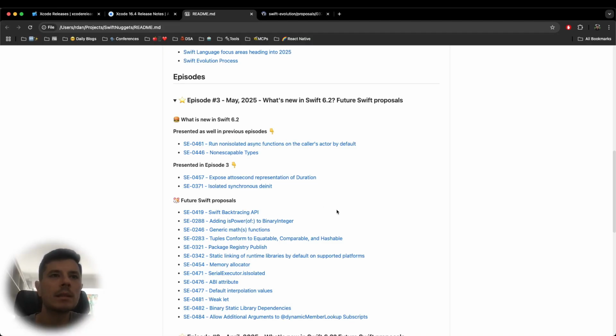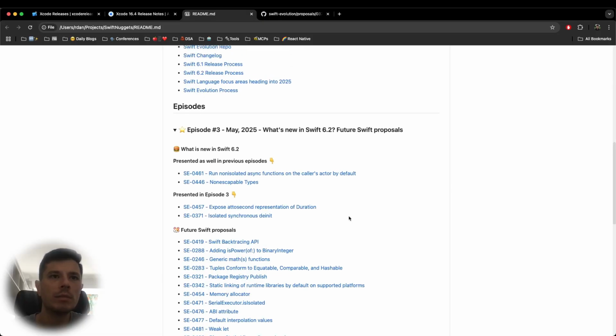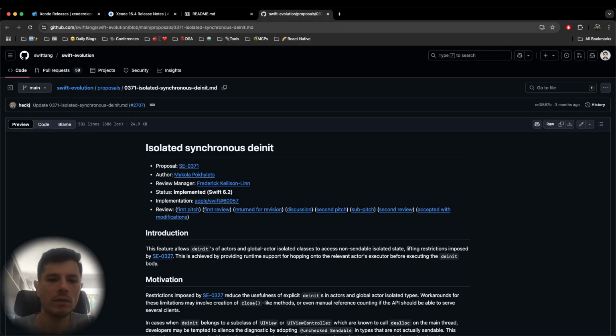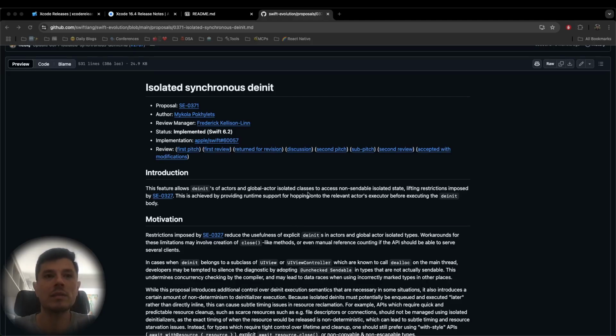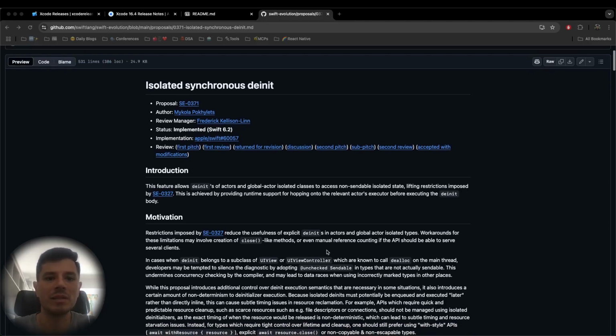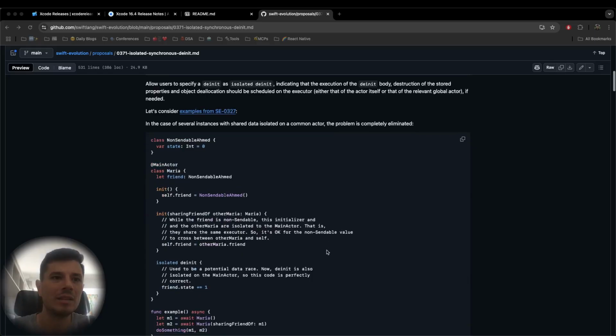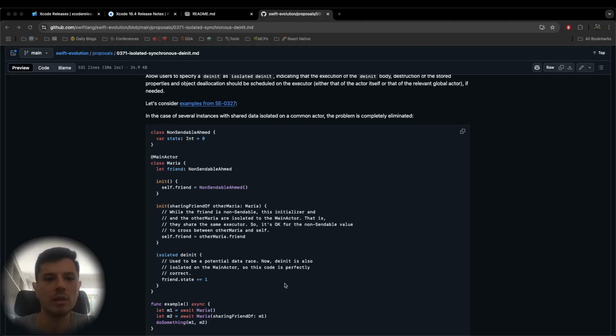And the second new proposal that has been adopted by Swift 6.2 is the isolated synchronous deinit, SE-0371. This proposal introduces an isolated synchronous deinitializer. Well, this looks like a game changer for how we handle cleanup in an actor isolated type, for example. What does it mean? If you're working with a main actor class, a class which runs on the global main actor, that needs to perform some kind of cleanup when it gets deallocated,